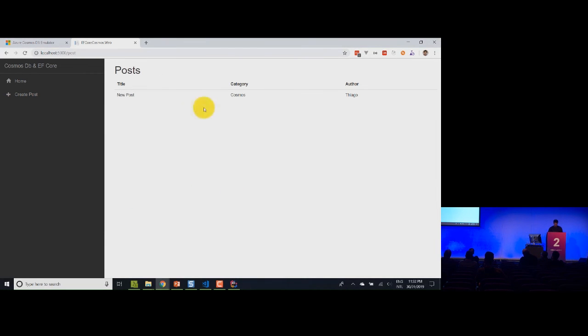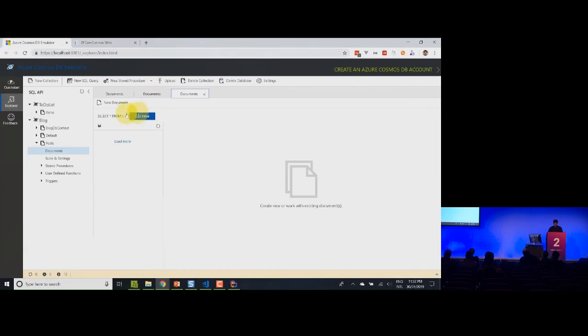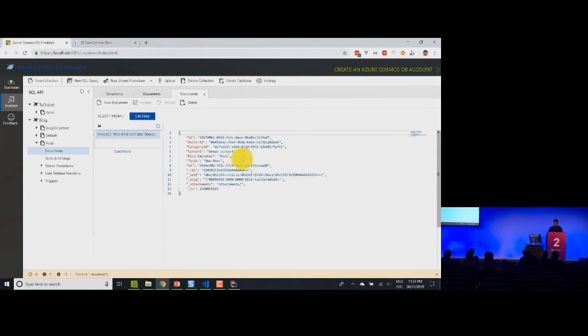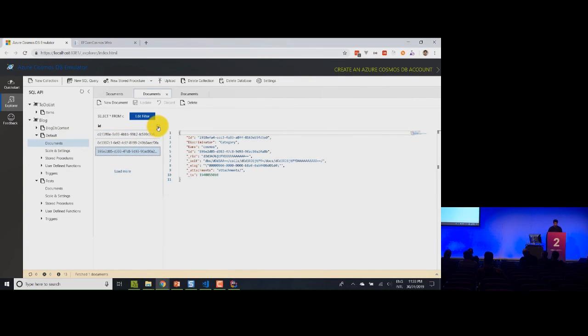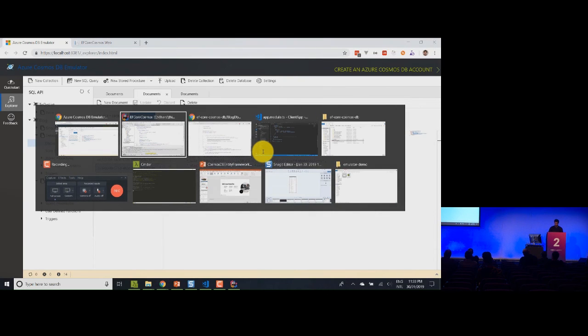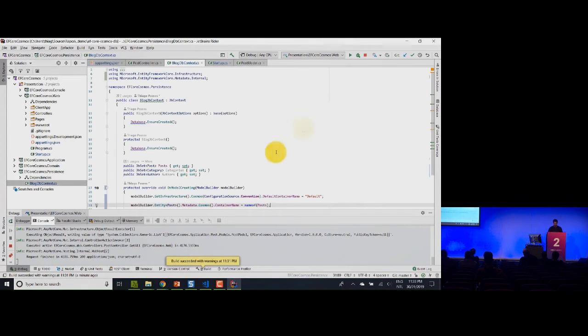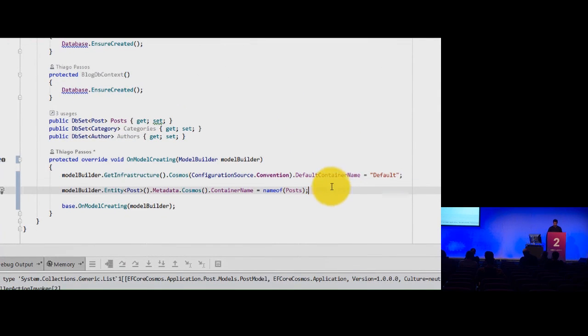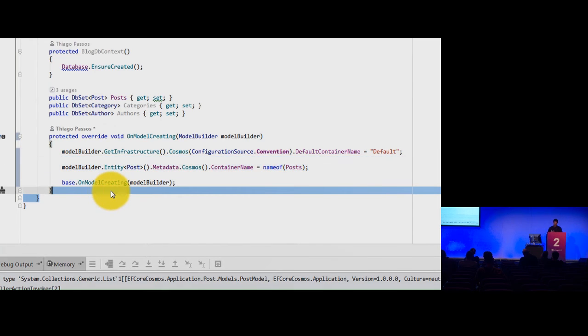Okay, add. And now if I go back to my emulator and refresh, I should have the post in the post collection, right? And everything else, the author and the category, will show up in the default collection, all right? With the background that I had with SQL, I still didn't like this idea, right? Even though this is actually something that you should do, because all the data that's not the main data, it's probably a good idea to put in the same bucket because then you can scale that less than the main